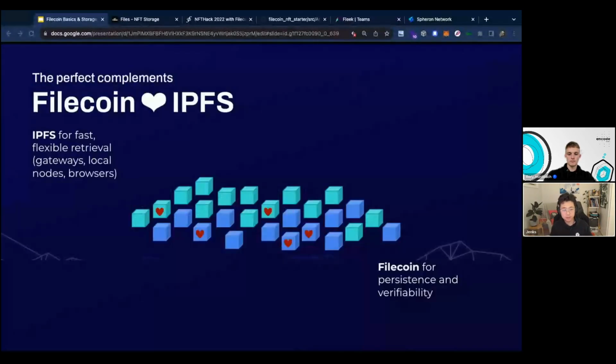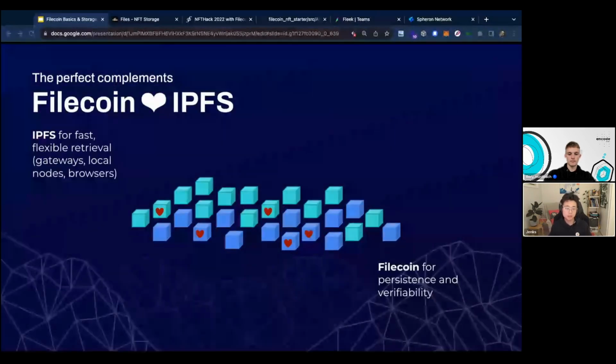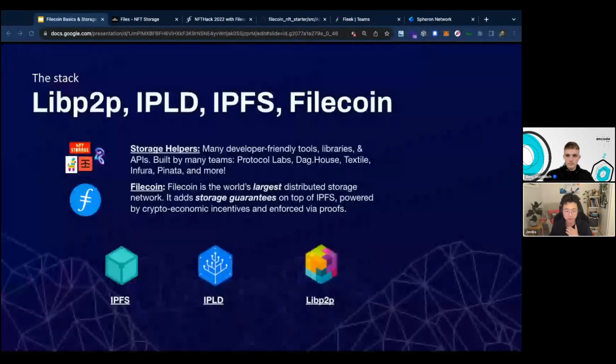To recap, Filecoin and IPFS are a good match because IPFS provides fast, flexible retrieval through its gateways, local nodes, and browsers, however you want to access the IPFS network. And Filecoin is great for persistence and verifiability. You can think of IPFS as a primitive as well: on top of IPLD and libp2p, you can build IPFS. And on top of IPFS, these technologies are used in the Filecoin chain to provide the largest distributed